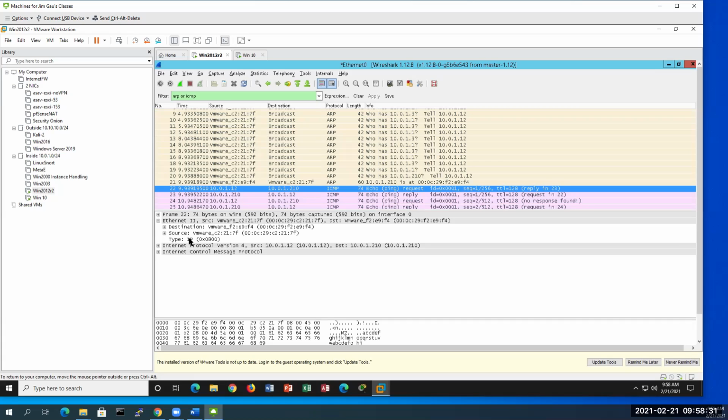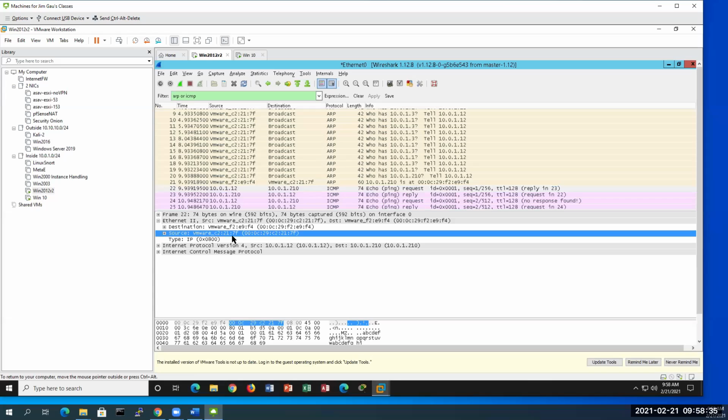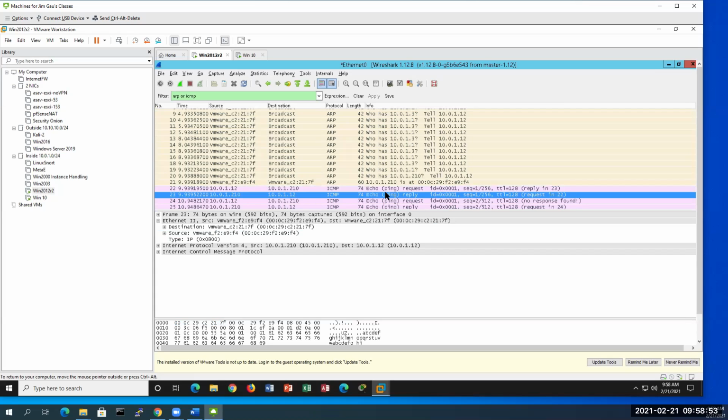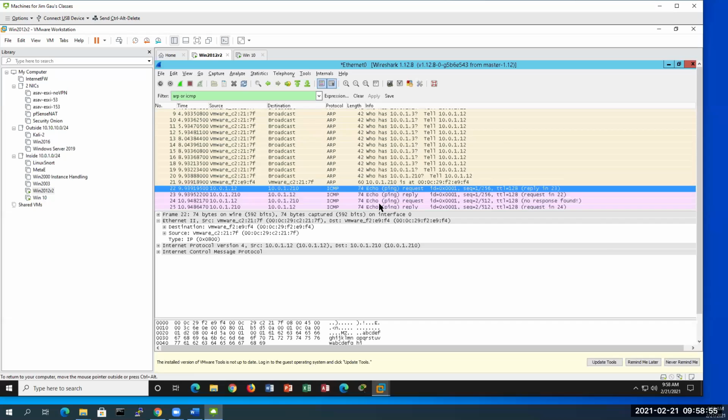And look at the source and destination. I'm the one who is sending it, and this is my MAC address, not a problem. But you told me that your MAC address is this one. Therefore, I will put it as a destination. Therefore, I can actually complete my ICMP request and send it out to communicate, and you would reply it back. So that's a communication